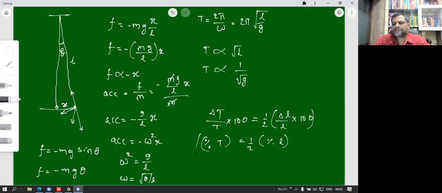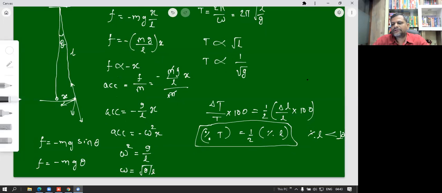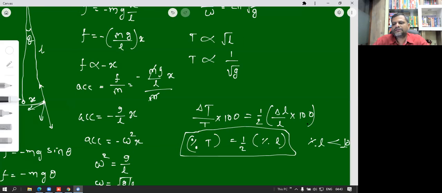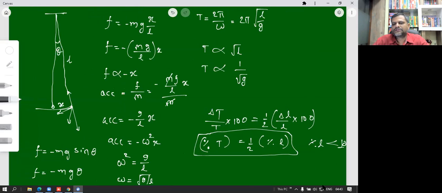तो ये अच्छी तरह से याद रखो ठीक से, जिस परसेंट से लेंथ इंक्रीज होगा उसके आधे % से पीरियड इंक्रीज होगा। लेकिन ये सब सिर्फ तभी पॉसिबल है जब परसेंटेज इंक्रीमेंट जो है, ठीक है, it should be less than 10। ओके, 10 से छोटा होना चाहिए वो, तभी ये हमको करने आएगा। तो ये बात याद रखो ठीक से। You have to be sure that the percentage change in length should be less than 10. Then and only then can we use this. Otherwise not. Otherwise we have to go for the regular method. Normally हमको जो जैसे percentage हम निकालते हैं वैसे निकालना है, याद रखो ठीक से।